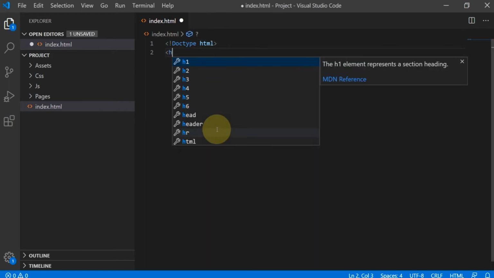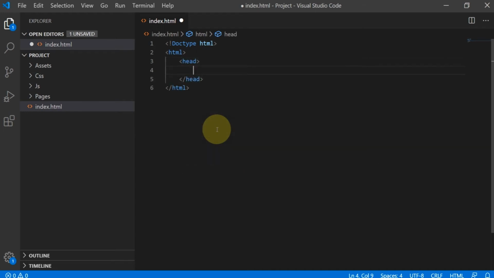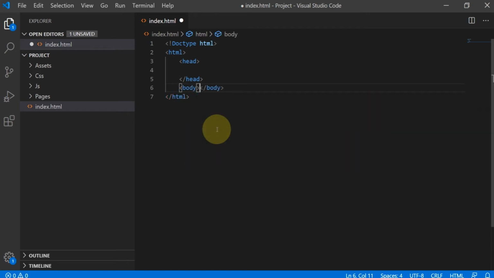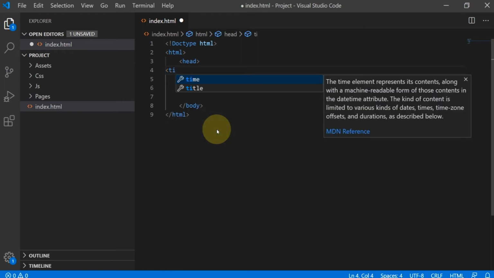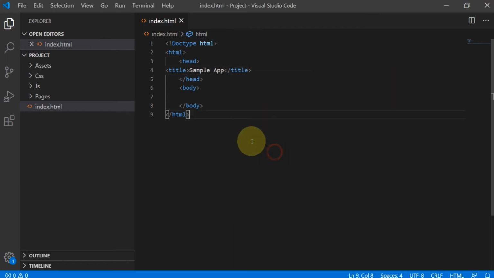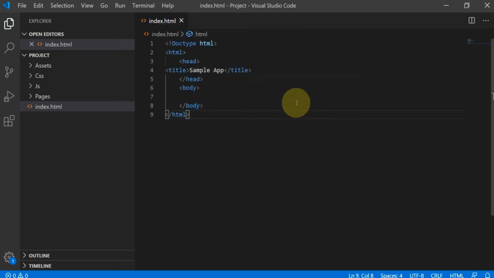Fine. So I am going to create the HTML structure. Next, head, right, and body. So this is our HTML programming structure. First thing we have to give the title for our website. So the title tag, sample app I'm giving.